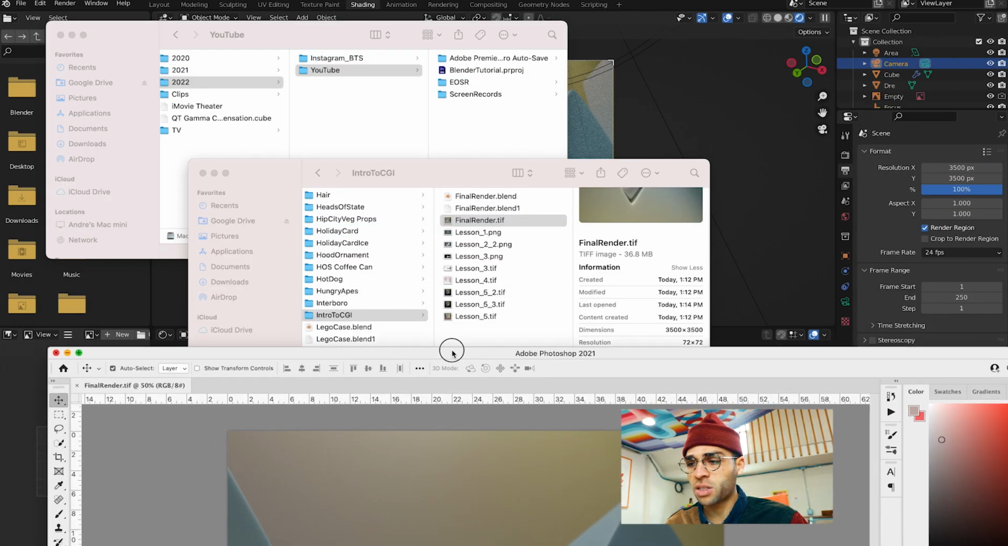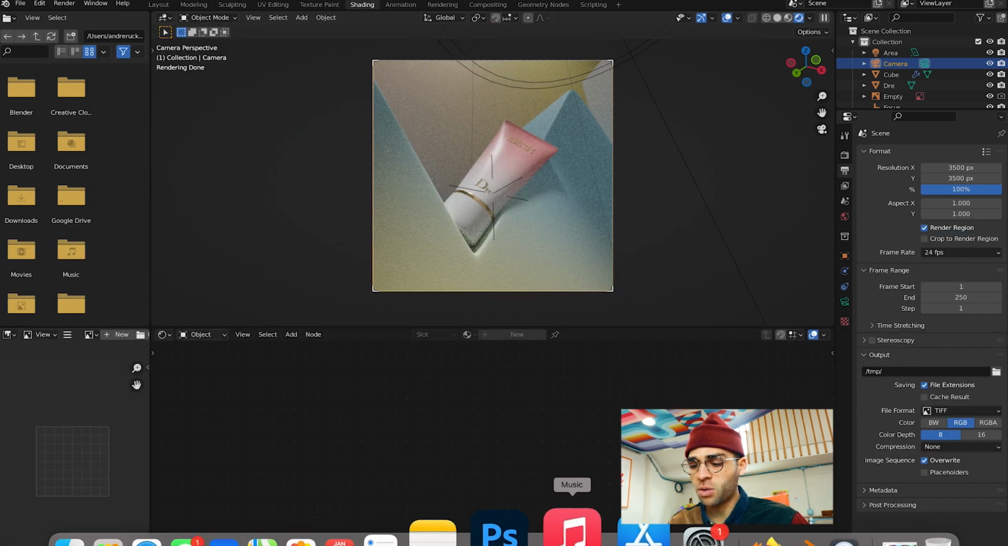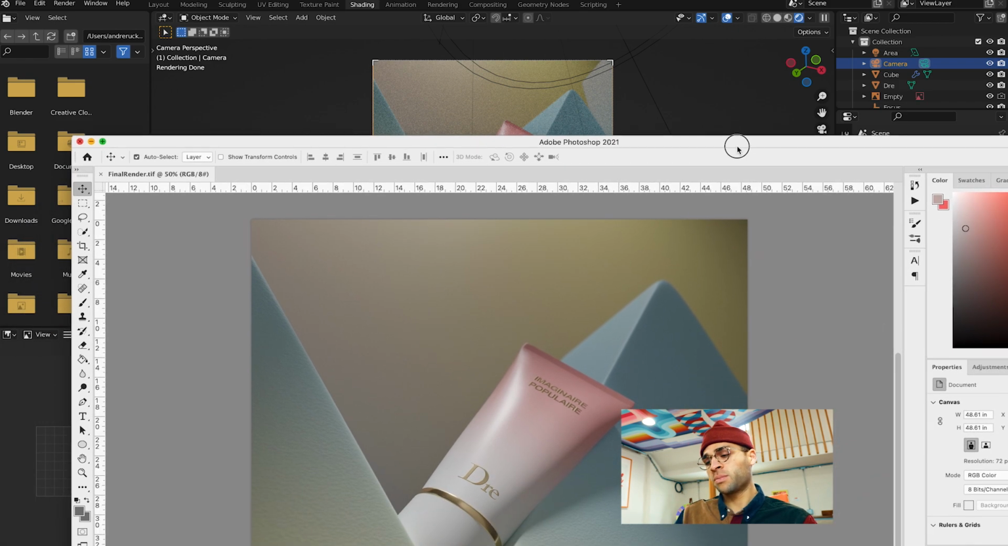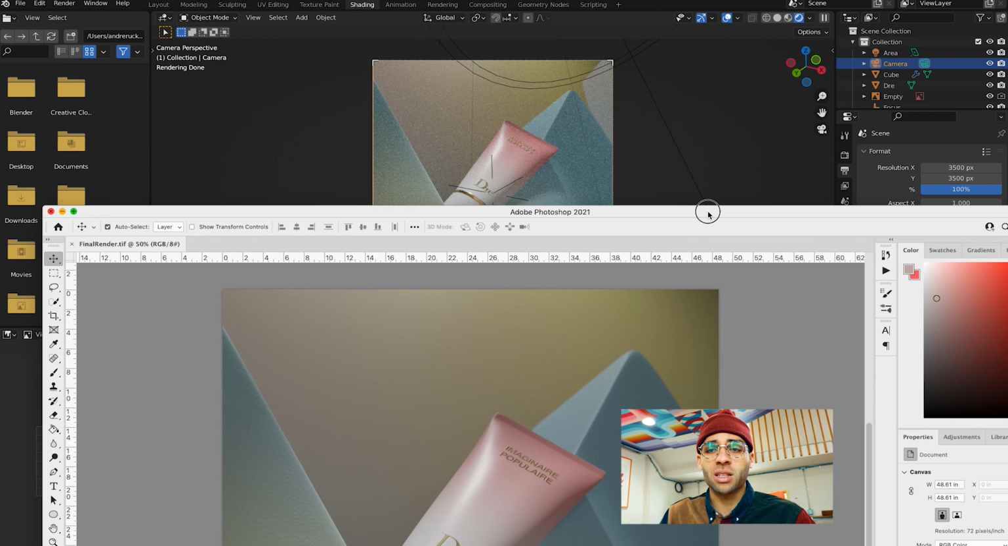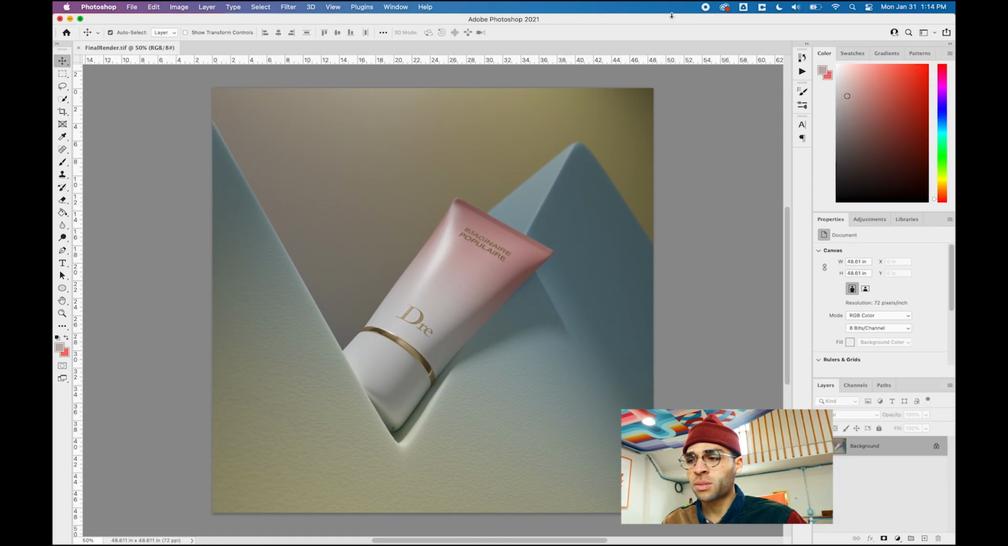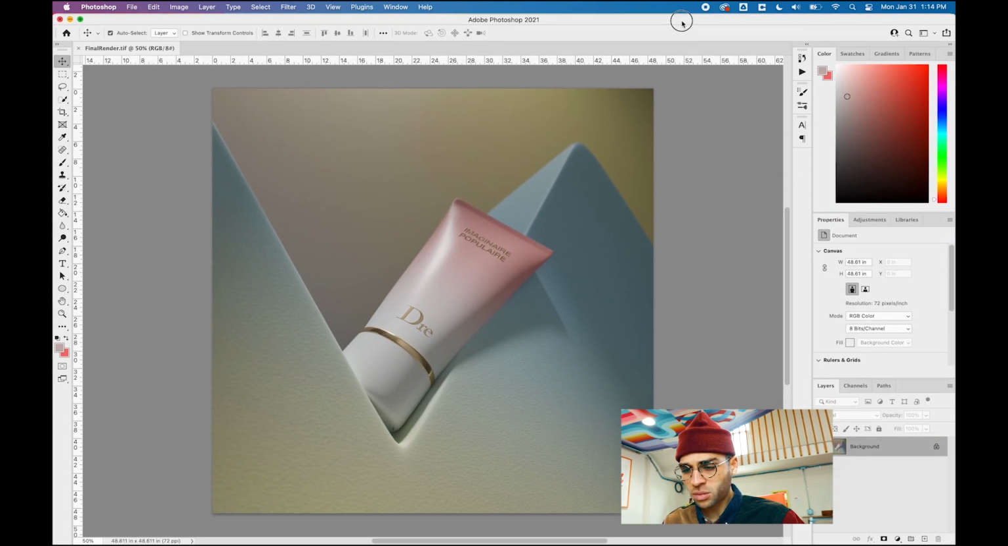And you may notice that it looks a bit different. Color-wise, it looks a bit different. It's a little bit gray, is one issue. The color is a little bit dead. So